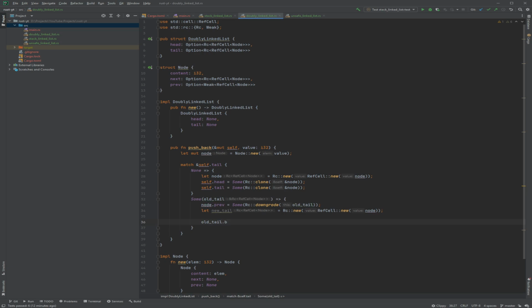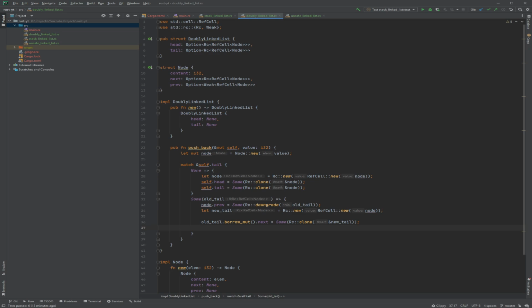This is the interior mutability stuff I was talking about. So now we can actually edit what's inside the reference counted pointer. And so we can set the next to the clone of the tail. So we copy the reference of this inside the next.